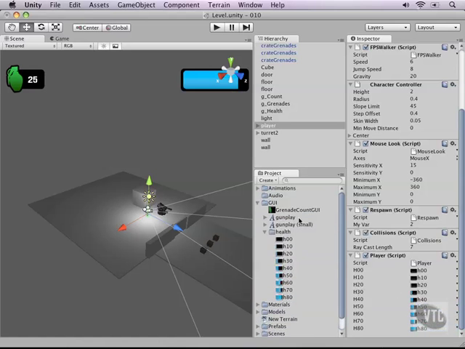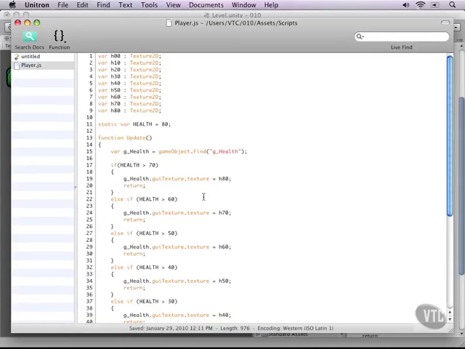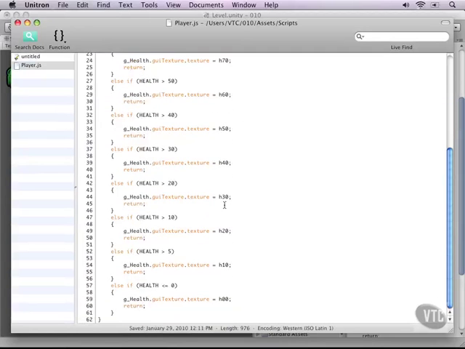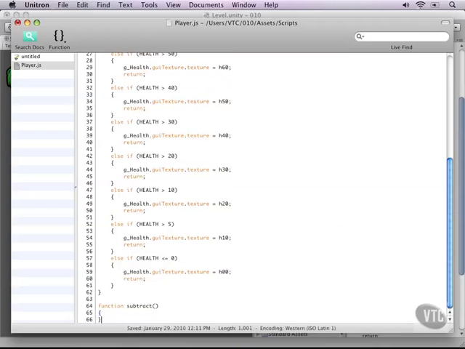Okay, so that works, but we don't really have yet a method to test if we are actually correct. So what we can do is write a really short invoke repeating script that automatically takes health down from us, and then we can use that to see if our images are actually correct. So to do that, let's create a function called subtract, and in this function subtract something from the health like -1,